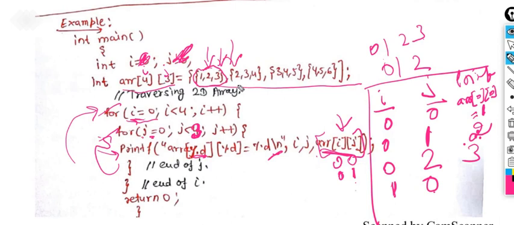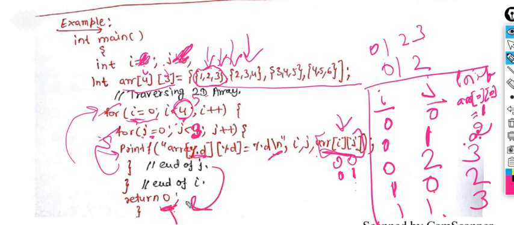Now we are coming over here. So it will print 2 at 1, 0. Then at 1, 1, it will print 3, and so on. You can print each and everything, and at last, when the i value becomes 4, it will terminate. Why? Because i is indicated as less than 4. So if it becomes equal to 4, it will terminate. So we come outside both the loops, and we are returning 0. That indicates the successful execution of the for loop, or your print array program, whatever you have done, right?